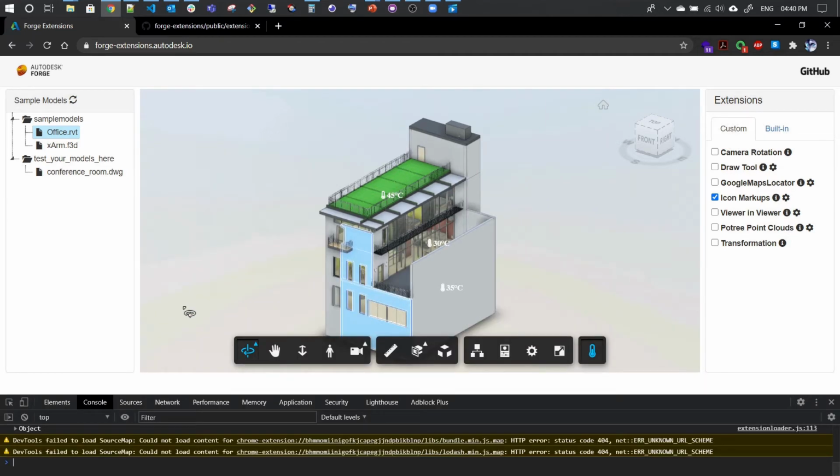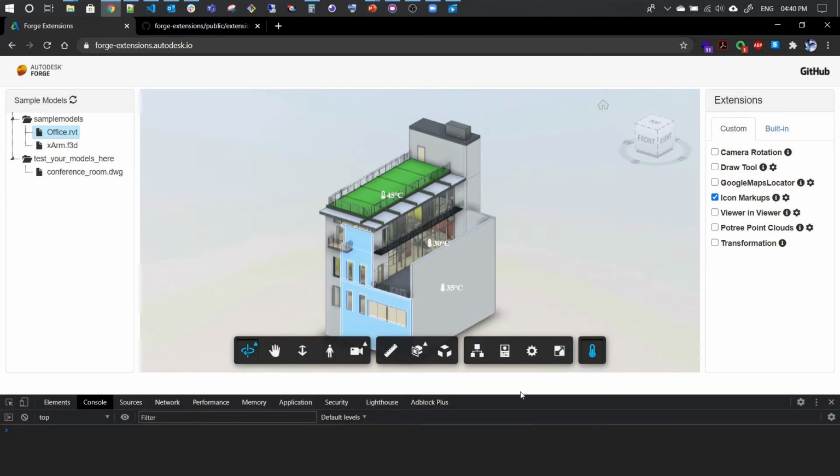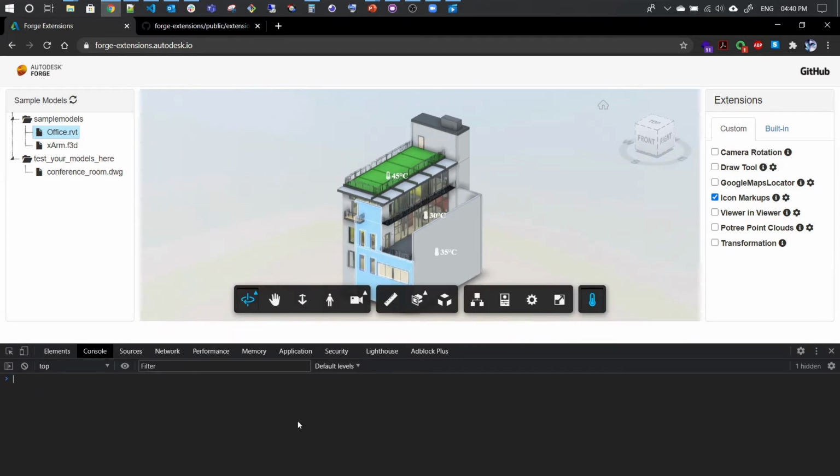It's very simple. All I do is get the reference of the viewer and the get selection method. So the DBID of this element is 915. Let's use it.